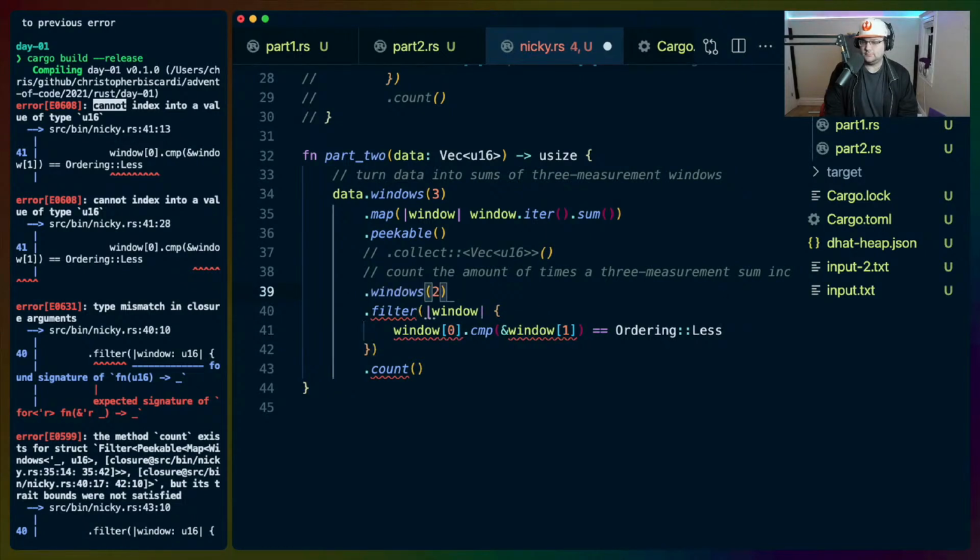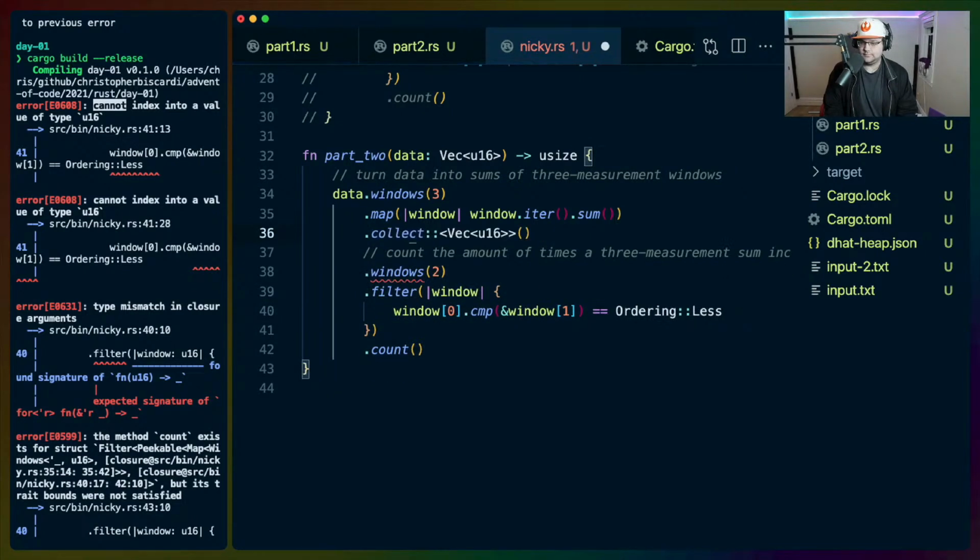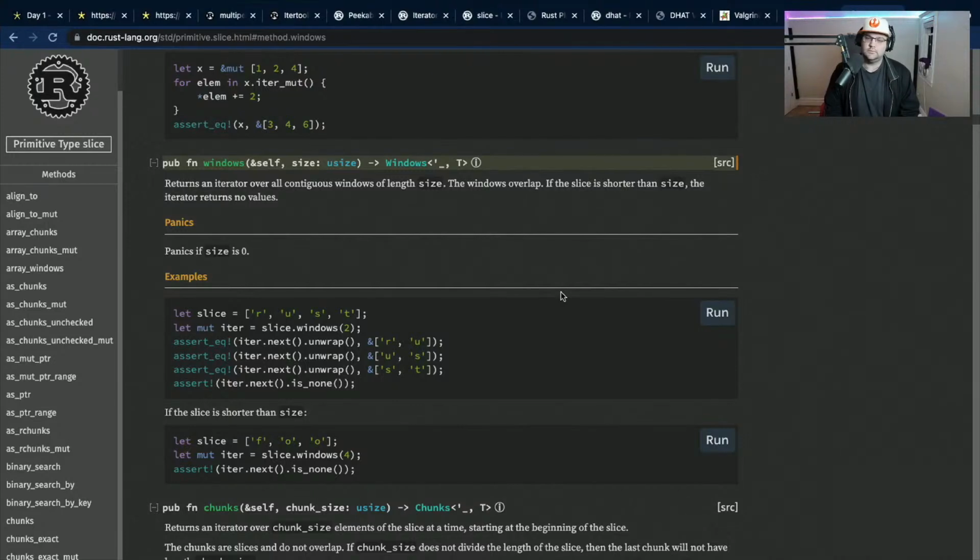Never mind. So windows is only on slices, which means you have to do it like this. It's strange to me that windows is not on iterators.